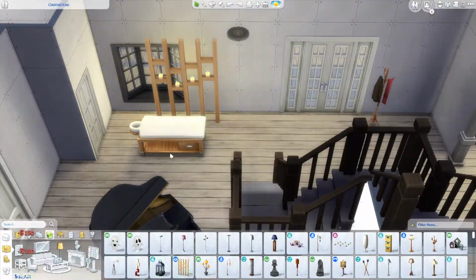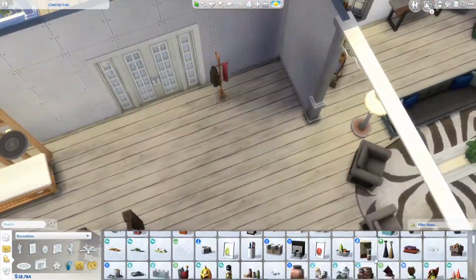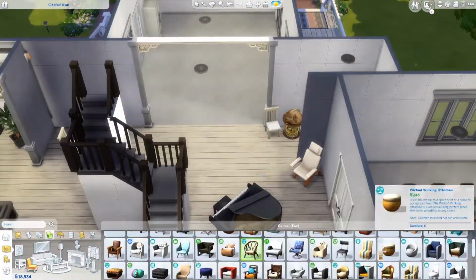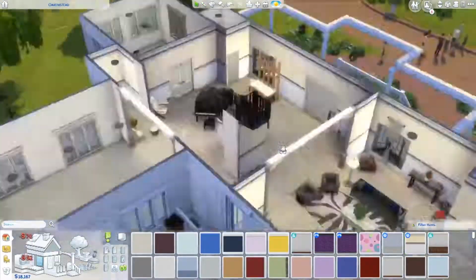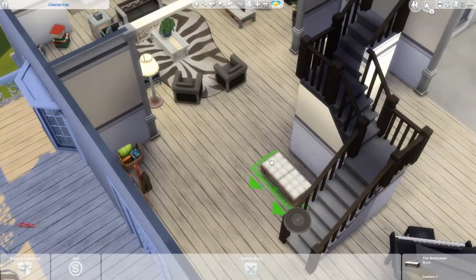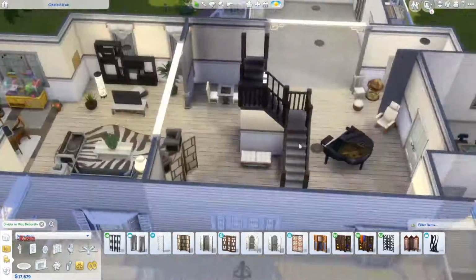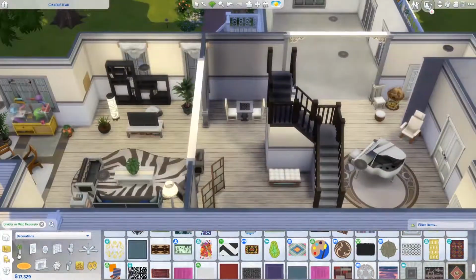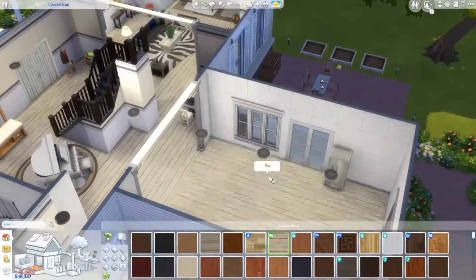so this is the downstairs area. I don't know what to call it. It's just a basic area where you can do stuff and play piano. And some of the family members, I just made a family for this house, some of the family members are into piano and stuff like that. So yeah,